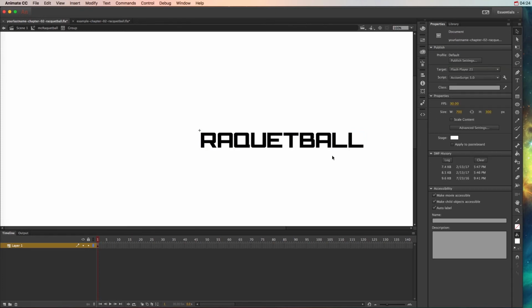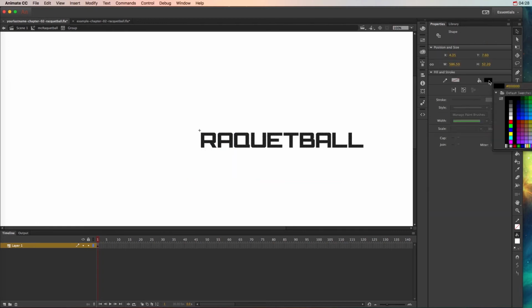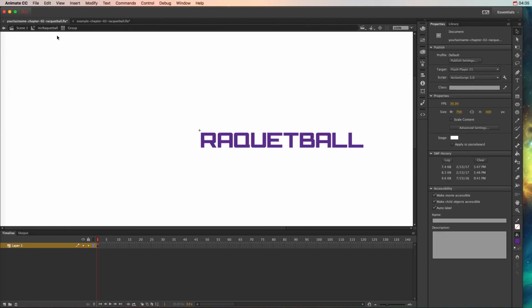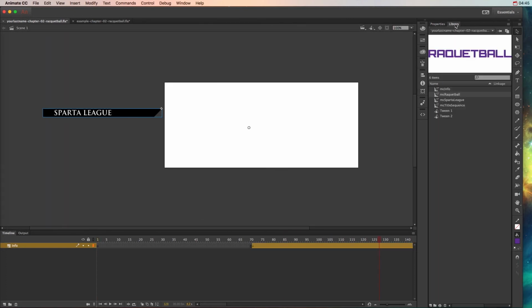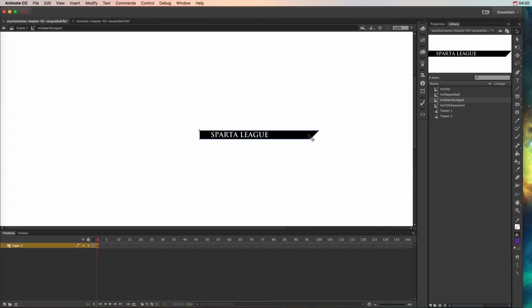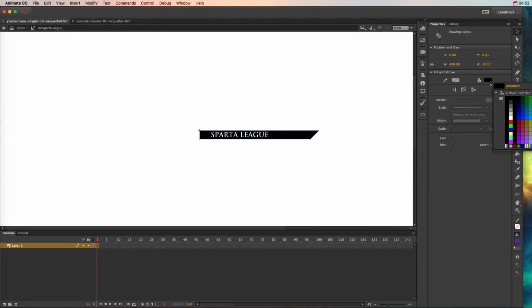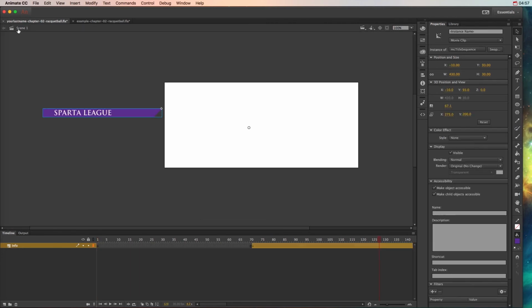you'll have to probably double click to get in there and highlight all of it so that you can change the fill color of all of it. So let's say I wanted to make this Barney purple. Okay, so once I get into that full group, and notice I had to get into the racquetball, then into the group, I can click on scene 1 to go back to the original outside scene, and then I can double click MC Sparta League, click on that shape, go to properties, choose the fill color, and choose Barney purple again. Go back to scene 1